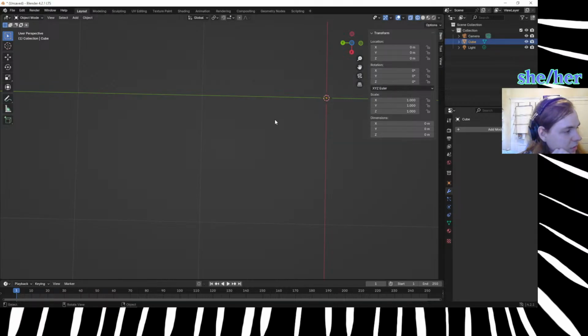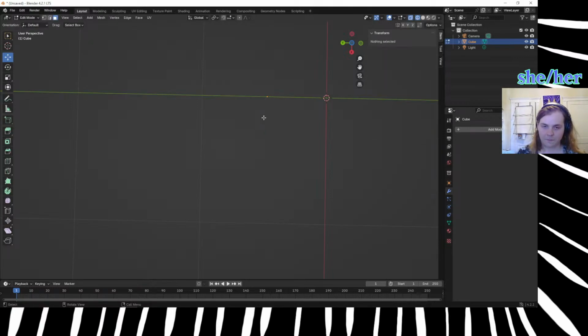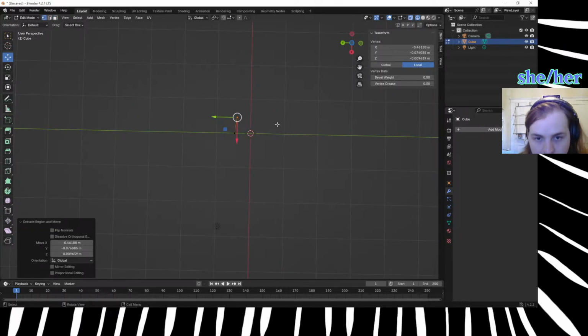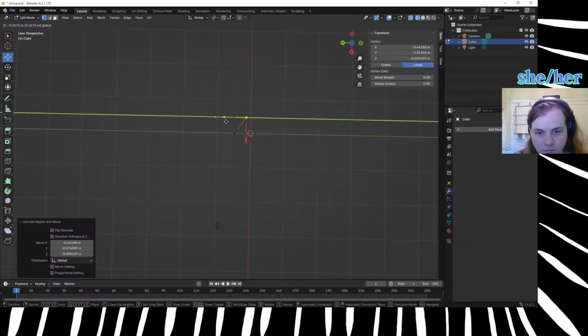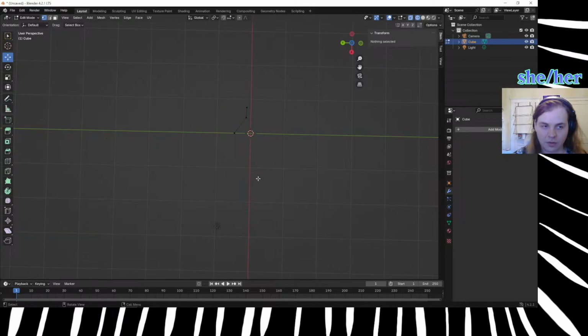What happened? Okay, so we do have a point, right? So now edit mode, select the point, E to extrude. There we go. E to extrude. We can make it a kind of stubby funnel, and then